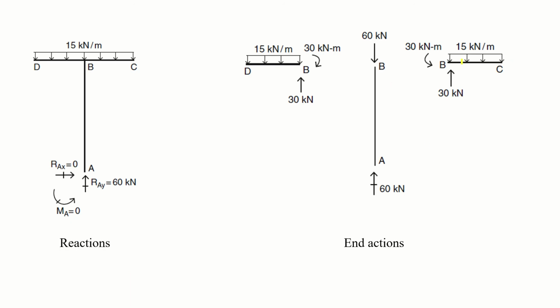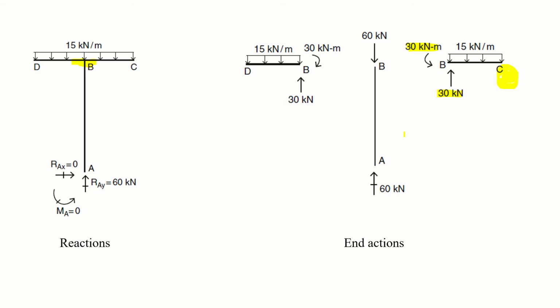Okay. So at member BC, as in the previous case, 15 kilonewton per meter is acting over a distance of 2 meter. So 15 into 2 is 30. As there is no support over here, it cannot be resisted here, but there is a support or a joint here, which is joint B. So this joint is basically resisting the forces and the moments. So 15 into 2 is resisted by joint B, and you have brought it here, 30 kilonewton. Okay, and similarly the 30 kilonewton meter bending moment.